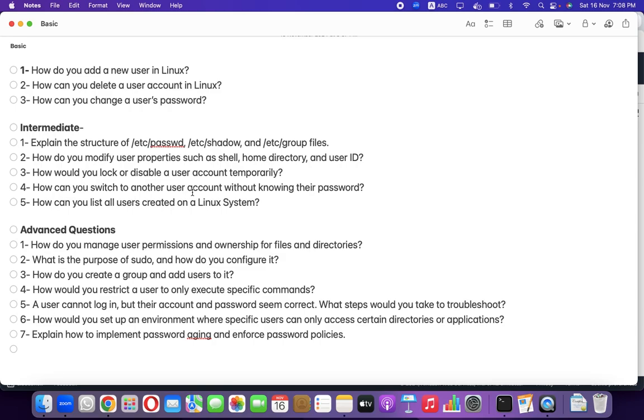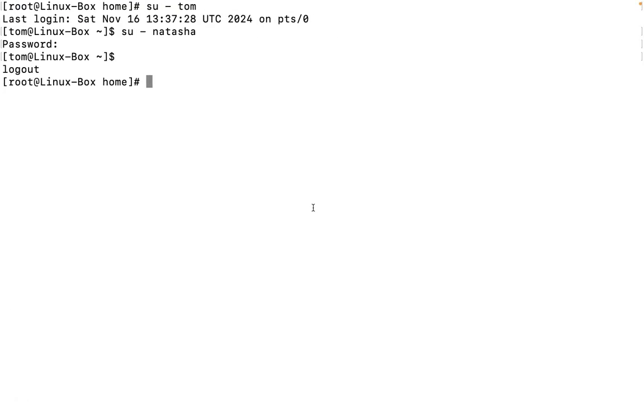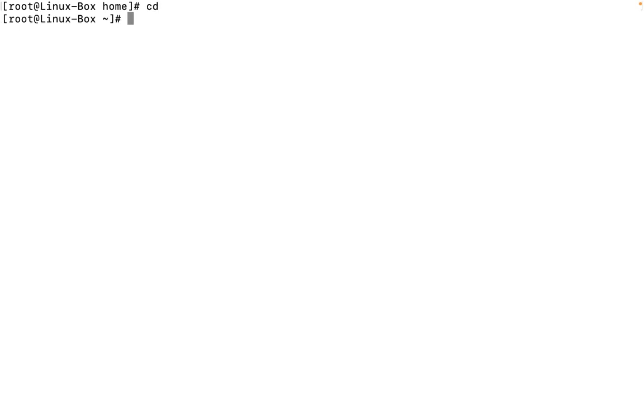Okay, how can you list all users created in a Linux operating system? Very easy and very tricky question. How to list users? There is no such command as user list. So right now what you need to do here is use awk to print the very first field of the file, and the file name here is